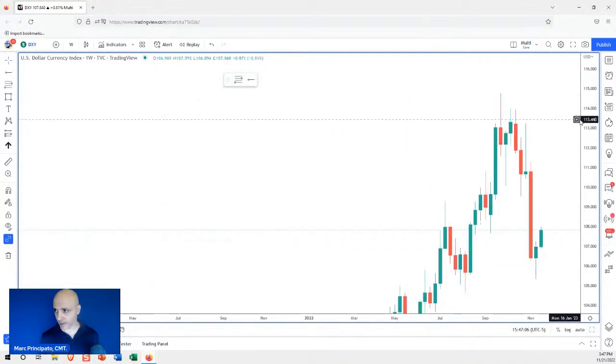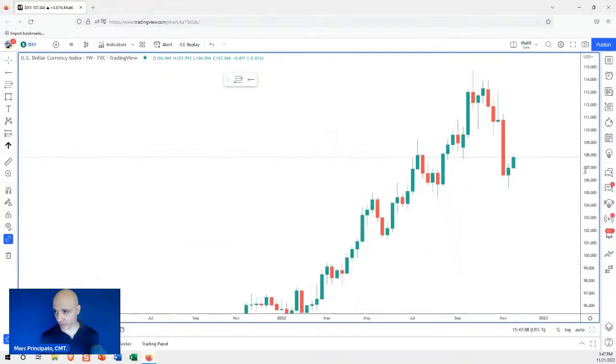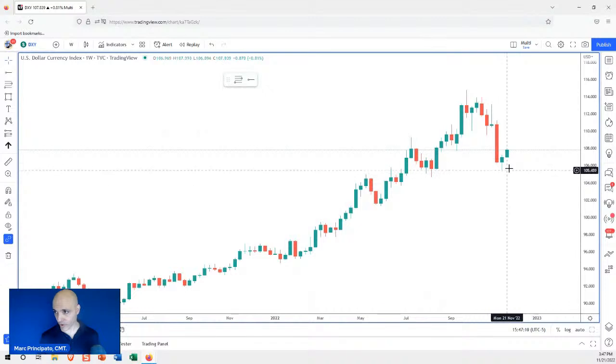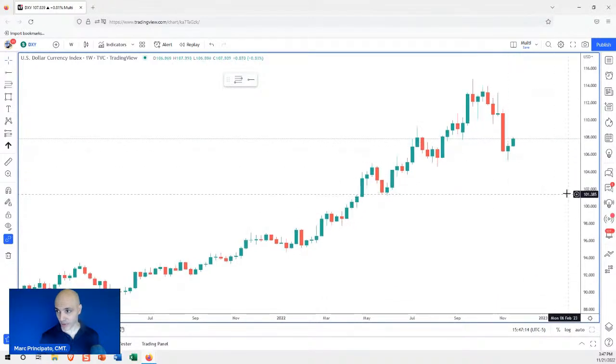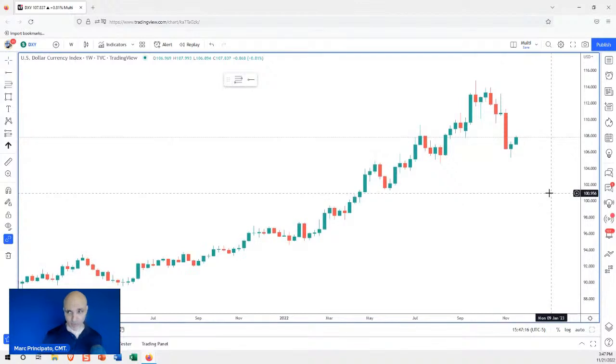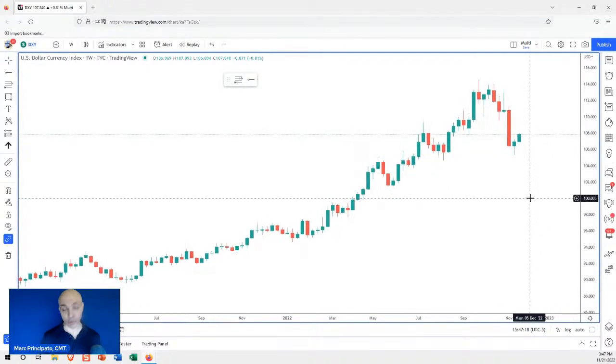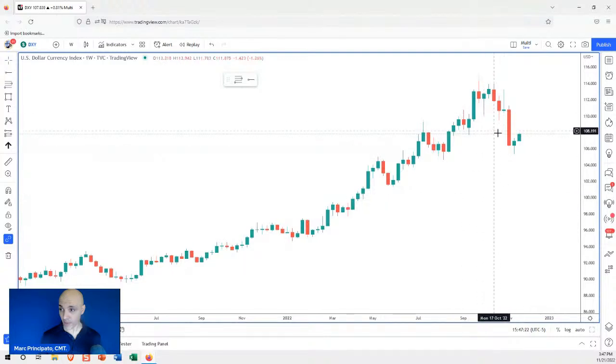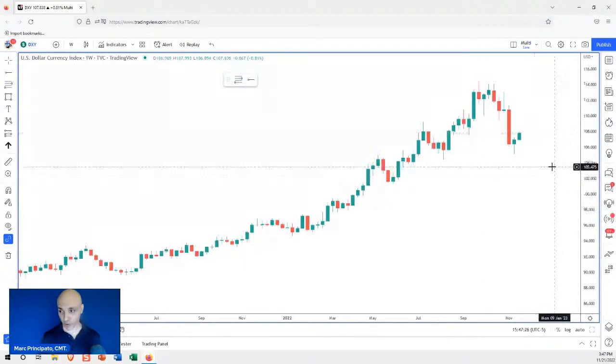Well, look, this is the dollar on the weekly chart. First of all, look at the weekly pin bar. We took out that high. The dollar has a buy signal on the weekly chart. Does this chart look bearish to you? I hope you say no, because there's nothing but higher lows and higher highs. You can't get any more bullish looking than that.